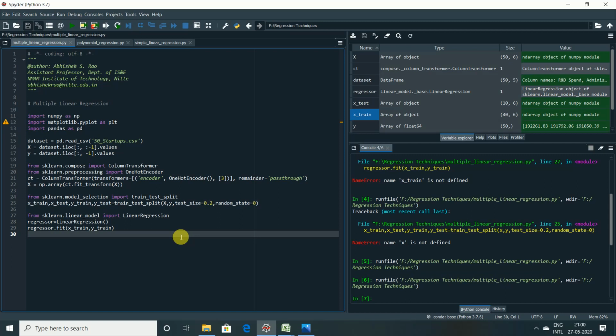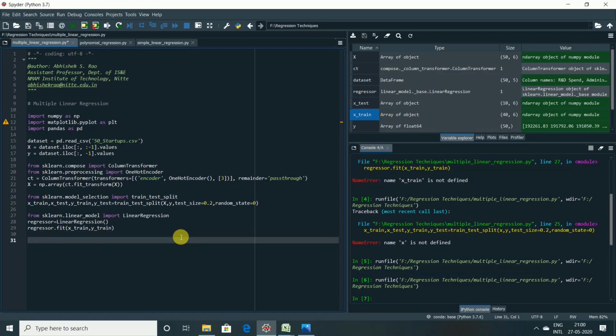For that we require regressor.predict, as we have already done. Regressor.predict of what? X_test, right? We will save it in a single variable y_pred, which I already explained why I am doing. y_pred is equal to that.